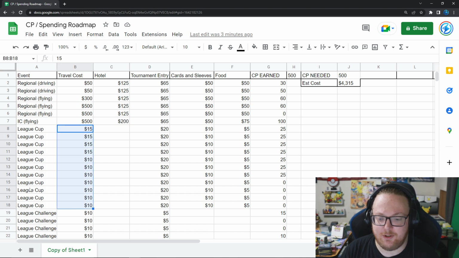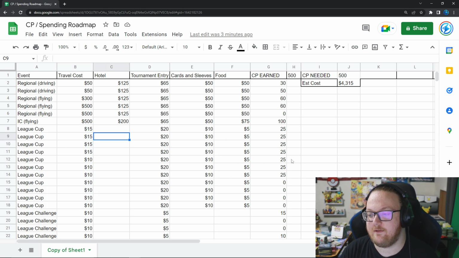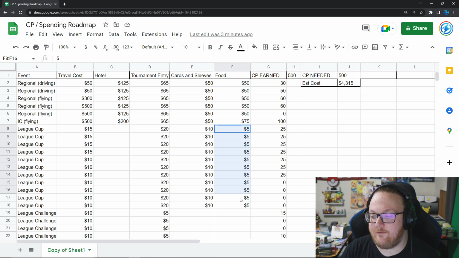So again, if you're going to fewer League Cups, you can delete these. If you think the estimates are off, fix them for yourselves. I counted $5 food for League Cups, because even if you're packing your own food, that's money you're spending on it to take to the tournaments with you. And then estimating,